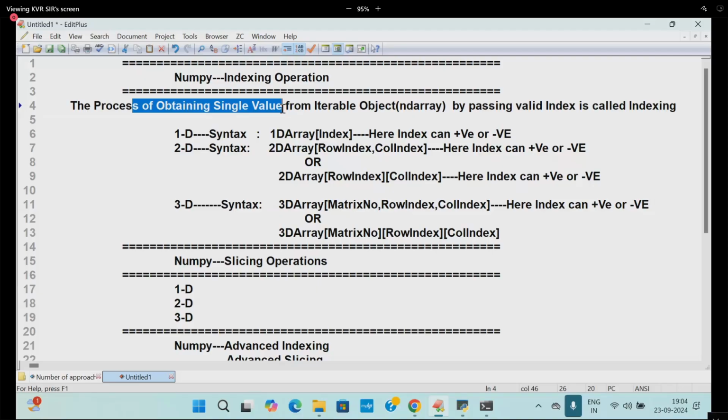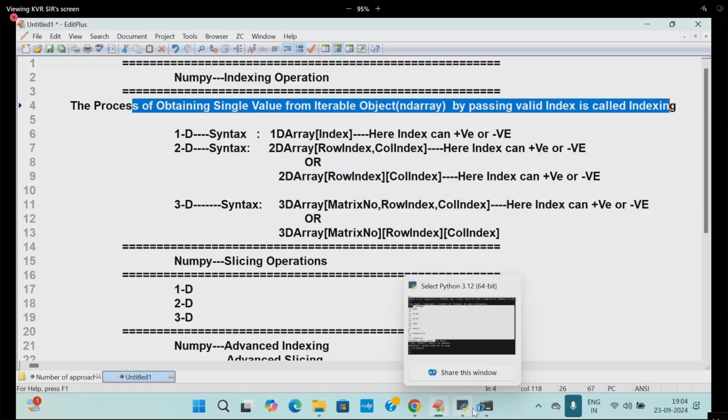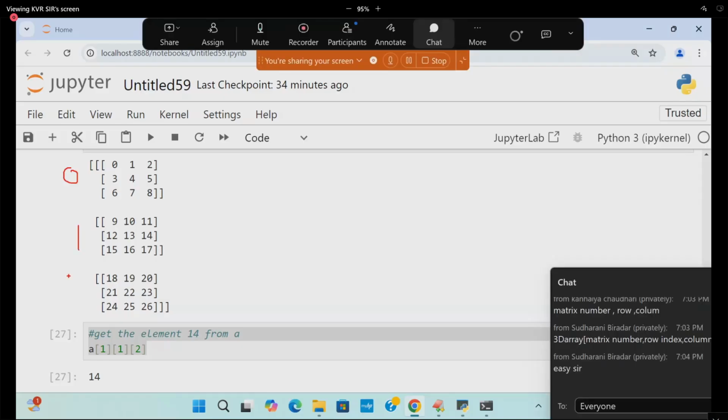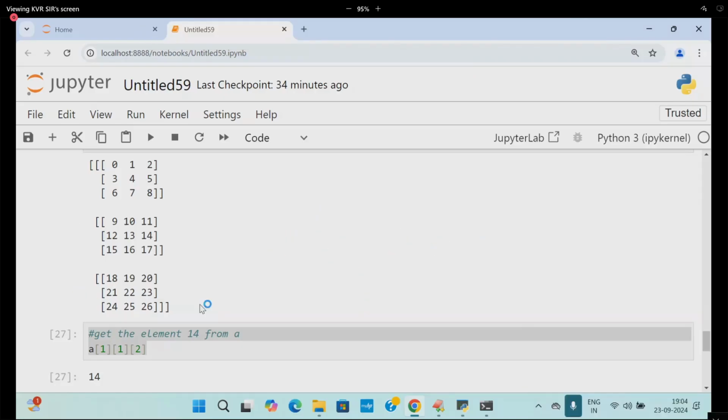But all of a sudden I'm passing 3, comma 1, comma 1. Third matrix. Do you have a third matrix here, ma'am? No. Please look, all of you. 3, comma 1, comma 2. What is the error, ma'am? See that, which error? Index 3 out of bounds.